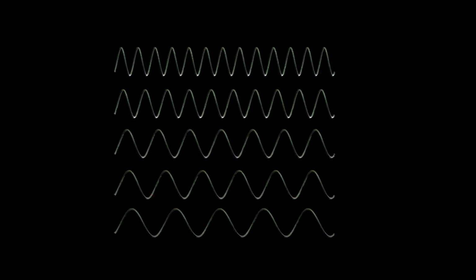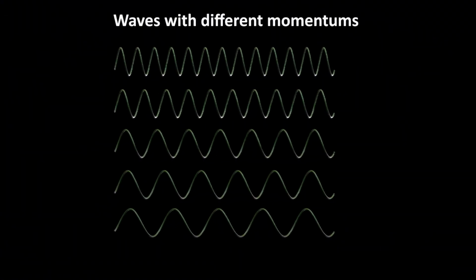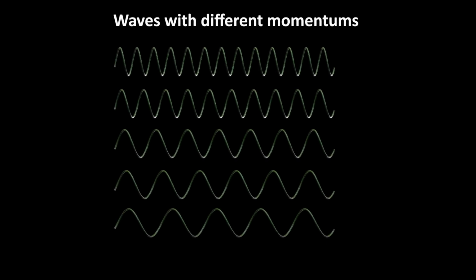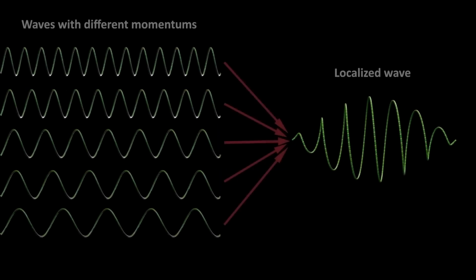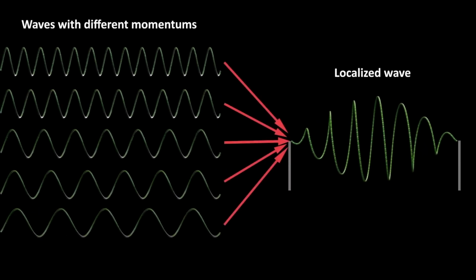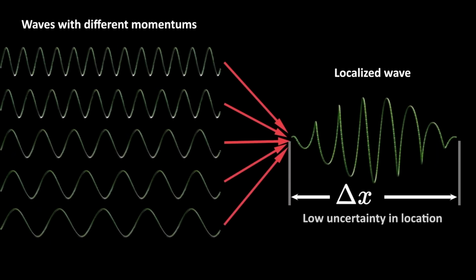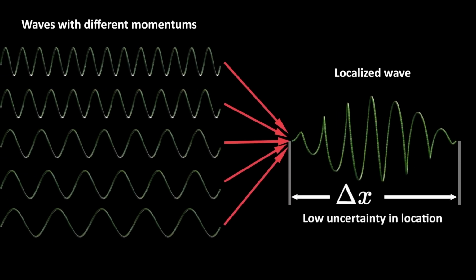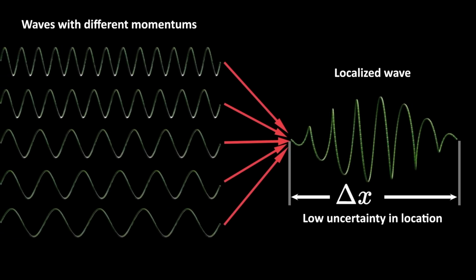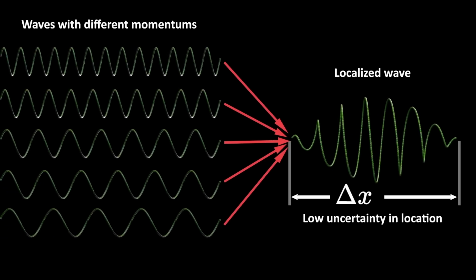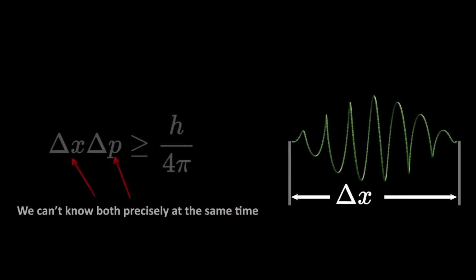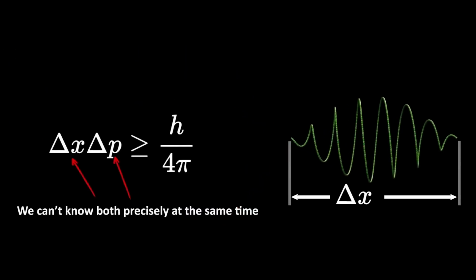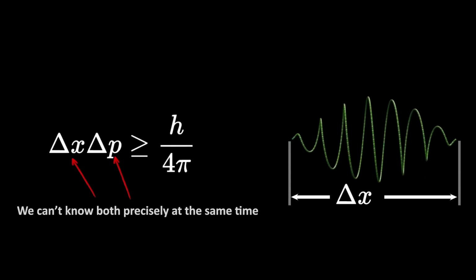On the other hand, if we want to know the position of the electron precisely, we would need to add many waves of different wavelengths so that we can get an interference pattern such that we get a more localized wave. This localized wave would give us a more precise location, but now we have no idea what the momentum is. This is because all the waves that are needed to create the localization, being that they are of different wavelengths, have different momentums, using the same de Broglie relation. So either we know the position very precisely or the momentum precisely, but not both.